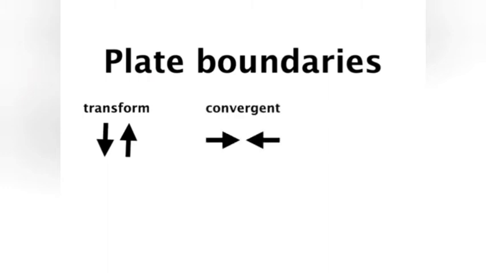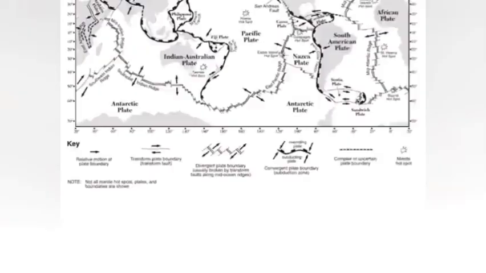Now, all of plate tectonics comes down to the fact that things happen when two plates interact with one another. So we need to know what those interactions look like. And it really boils down to three types of interactions, three types of plate boundaries. The first is known as a transform boundary, and that occurs when plates slide past one another, as seen by these arrows. We also have convergent boundaries, where plates collide, and divergent boundaries, where they drift apart. You should be familiar with each of these and the kinds of things we see at each of them. So let's go into some examples here.